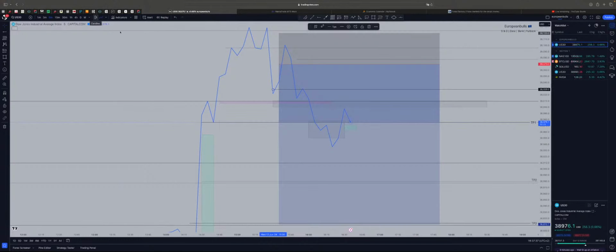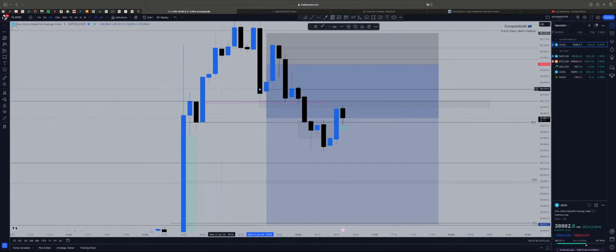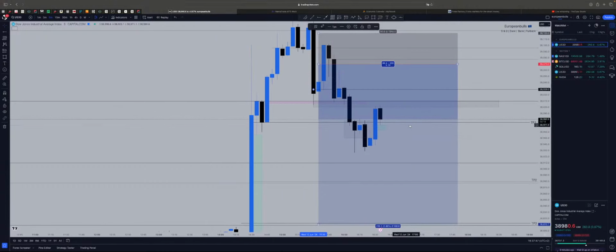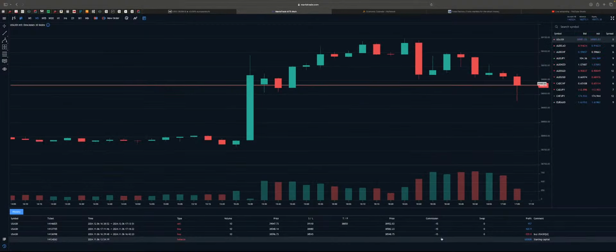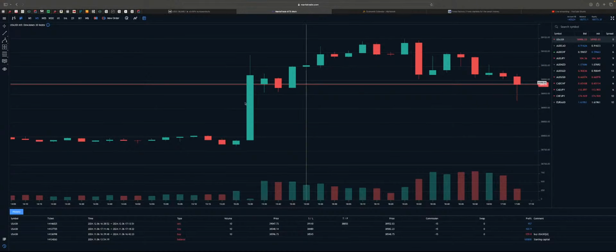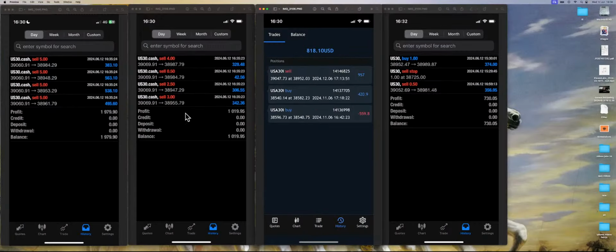Sounds like a rhyme. As long as the price doesn't break this higher low, you're good to go. Anyway, you would like to see these things. This is why I don't marry a trade. I take my trade, I see the potential of that trade, and I got it at the right time. I closed all my trades around this area. In this one as well, I closed my trade at 952. In the other ones, you can see that I closed my trades at 947, 955, 961, 953, 948, 984. So that's all.